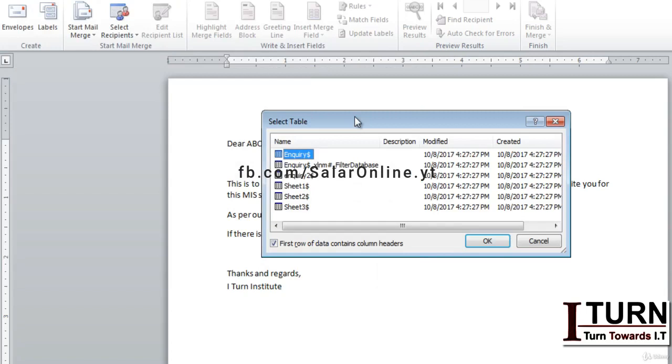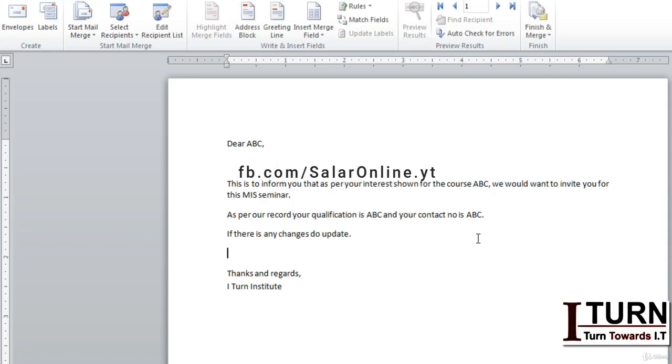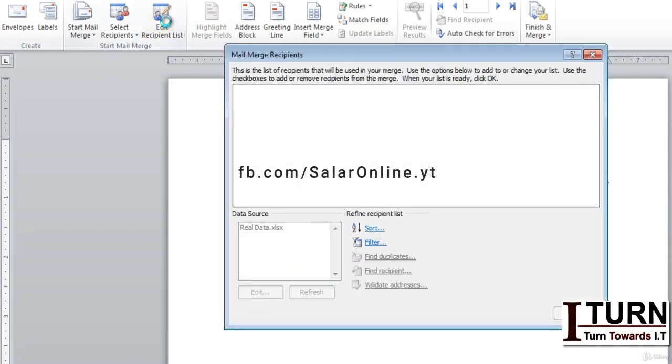Here it is. Once you are done with the file selection, after that you will have to mention which particular sheet the data is on, so you must be aware of that. In this particular sheet, the inquiry sheet, the data is there, so I've selected that particular sheet and click on OK. This is it. In order to check it, you need to click on edit recipient list,